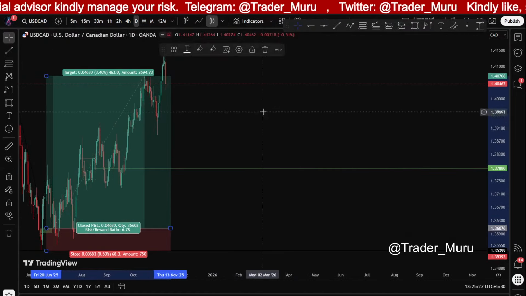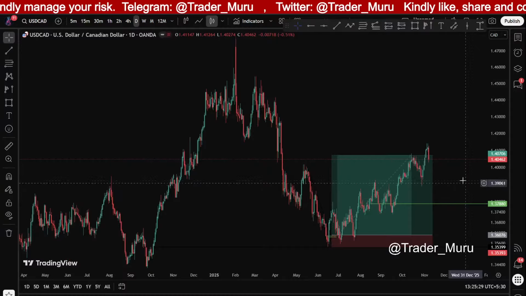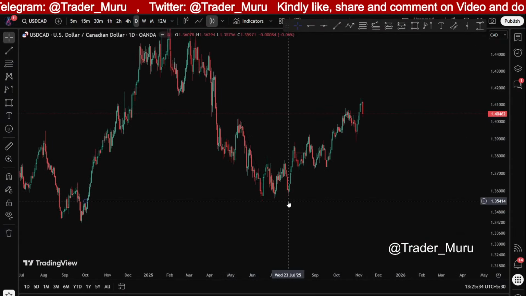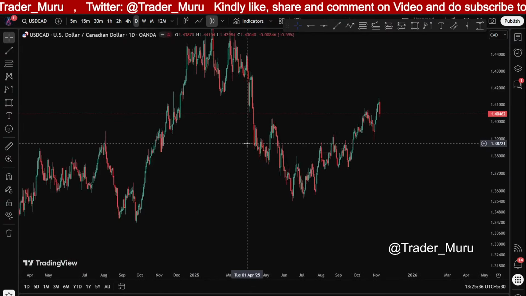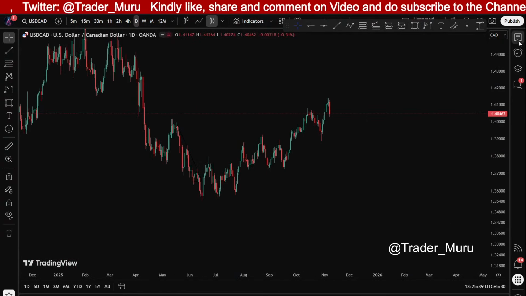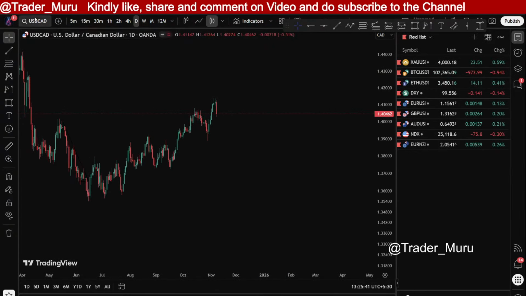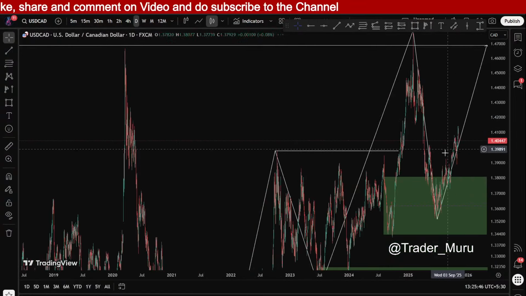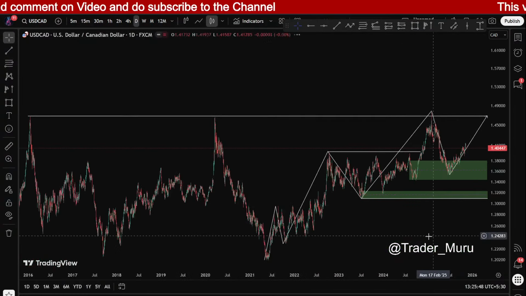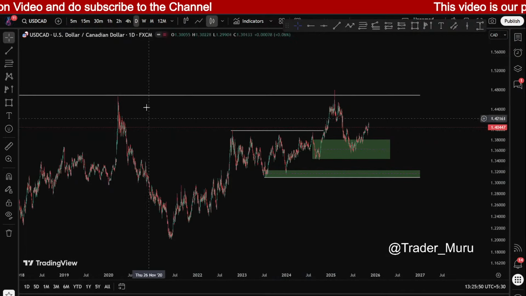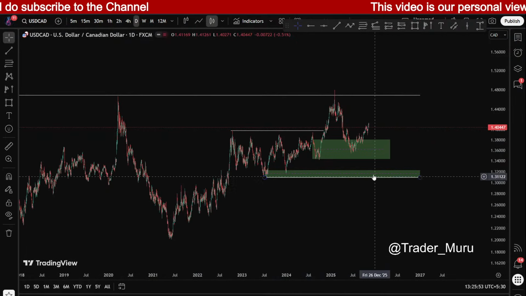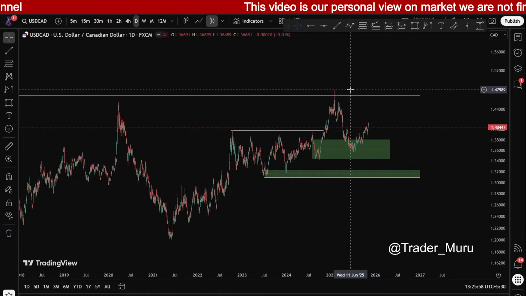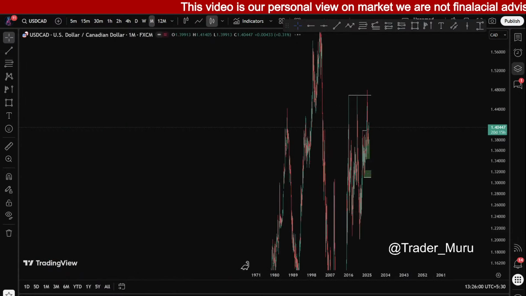I was in long from here. Until this area gets broken, it is not bearish, it is still bullish, and you can expect it to break above this high. In the monthly time frame,